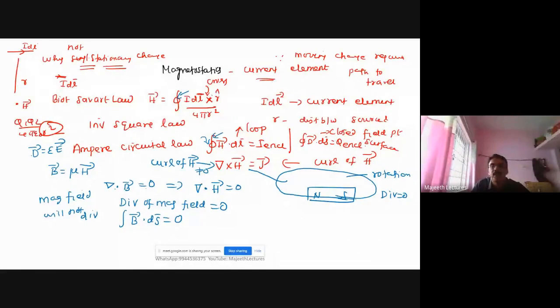So current will flow in a closed loop only, as we know. Closed path only it will flow. So current will not flow in an open path. So the integral must be closed. Here also the integral must be closed, right? So don't forget that. They may ask this question, and if you solve it with an open integration, the answer will become wrong. Okay. So it is divergence.